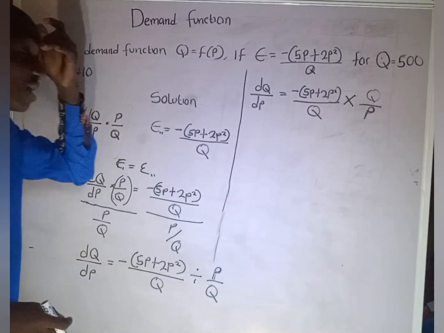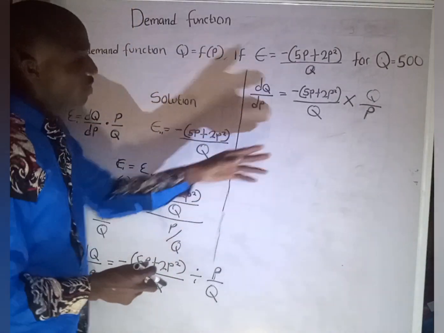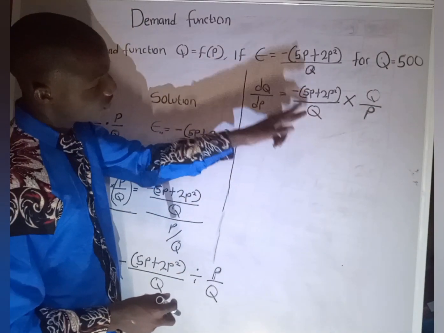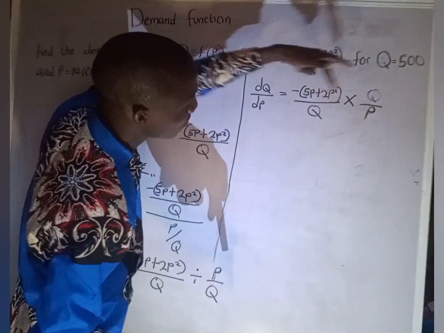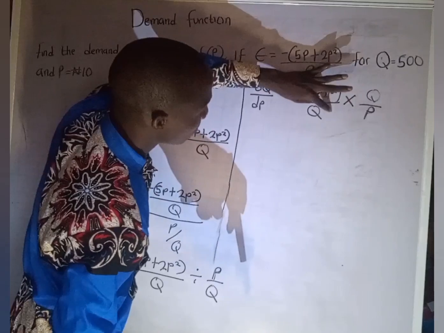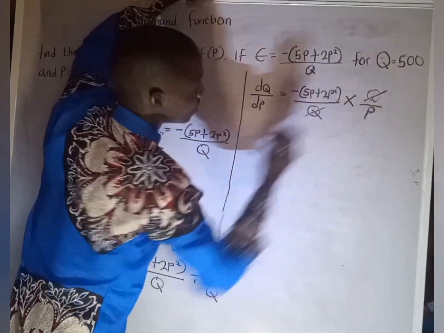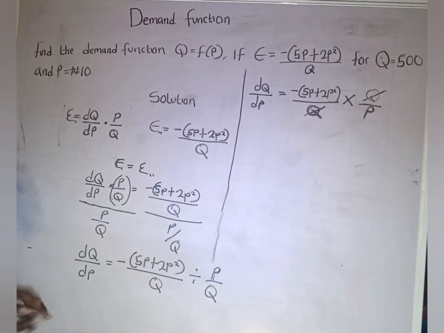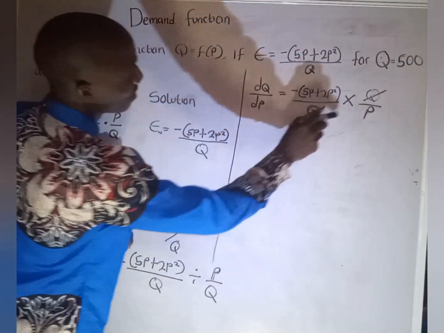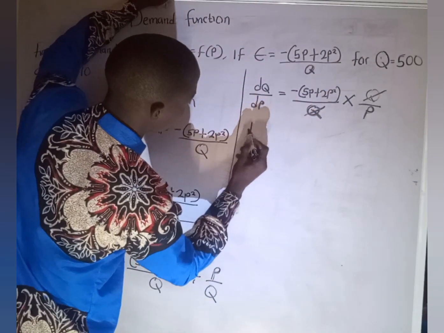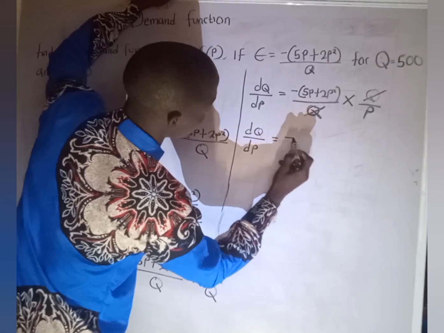Now I'm going to be performing some arithmetic here. I want you to pay attention very well. I can say that this Q divided by this Q, if I multiply this and this, I'm going to be dividing this. This Q can cancel this Q. So I'm left with P. I've cancelled the Q here. So I have Q all over P is equal to minus